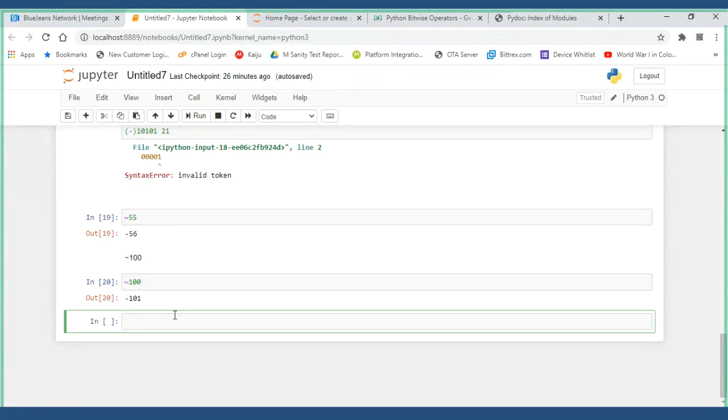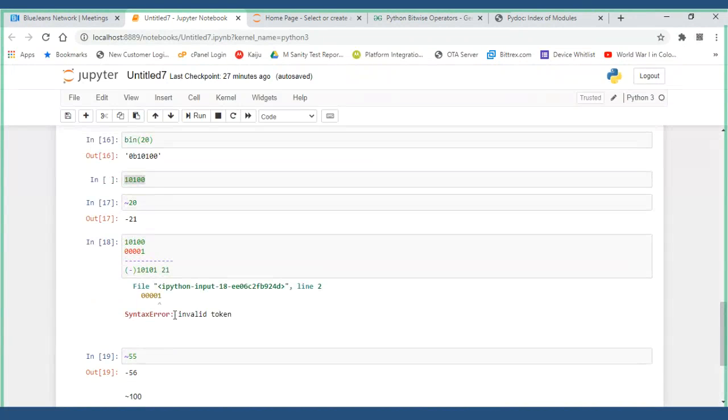But I don't have a clue where we are going to use it. Maybe some systems that work completely in binary might be using it, but I have never used it. The and, or, XOR operators also I have not used. Maybe and, or I might have used some 5 or 6 years before, but not in recent times. If you know till here, that is enough.